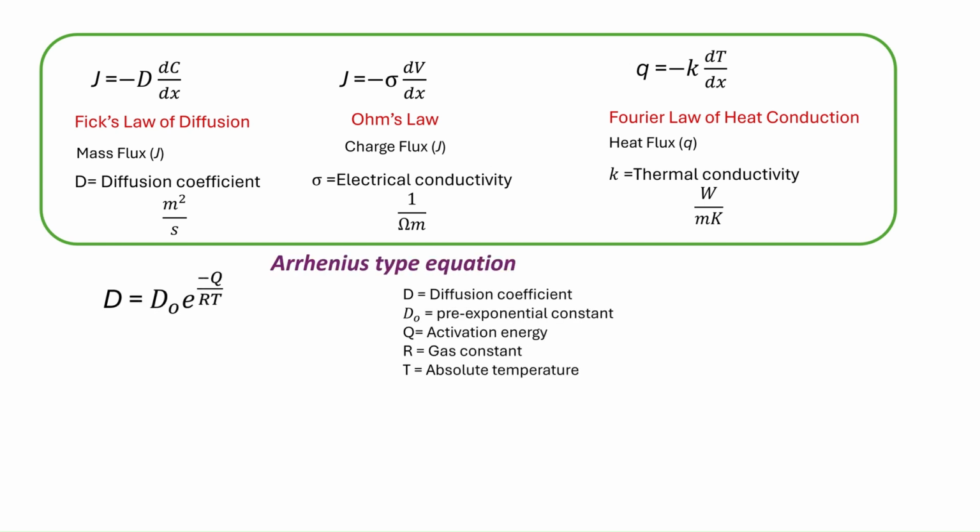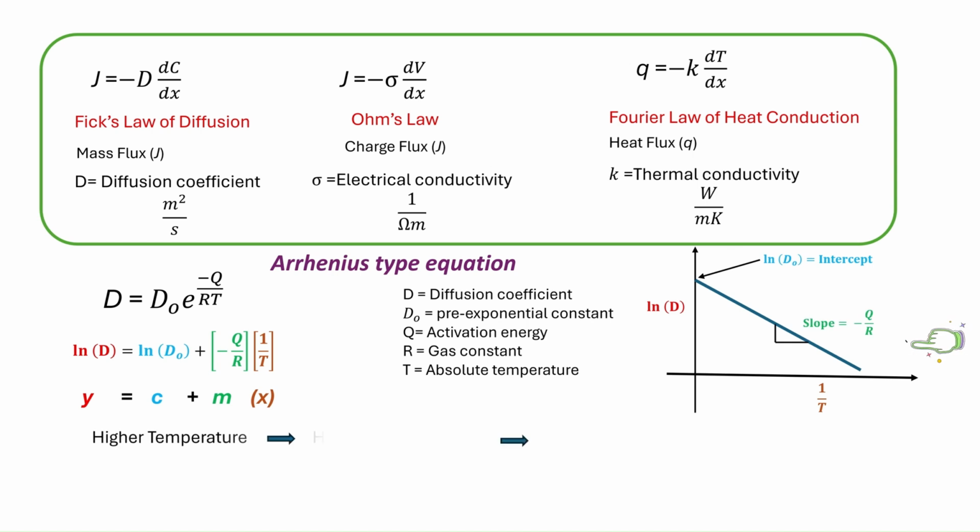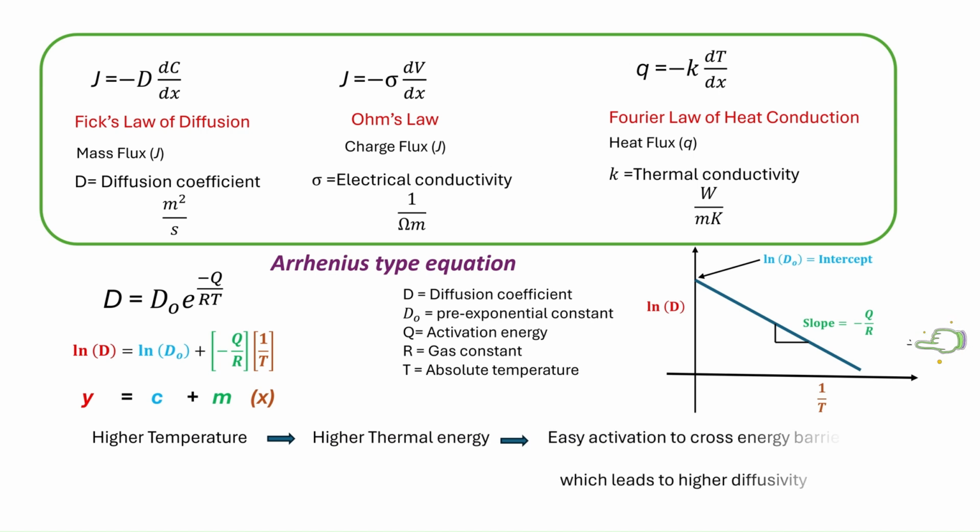Diffusivity is a thermally activated process, so it rises exponentially with temperature and is described by an Arrhenius relation. Taking natural logs gives us an equation which resembles the straight line equation. If we plot natural log of D against the inverse of temperature, we get a line with a negative slope, where the slope corresponds to minus Q divided by the gas constant, R. Thus, with higher temperature there is an increase in thermal energy which helps to cross the activation barrier,